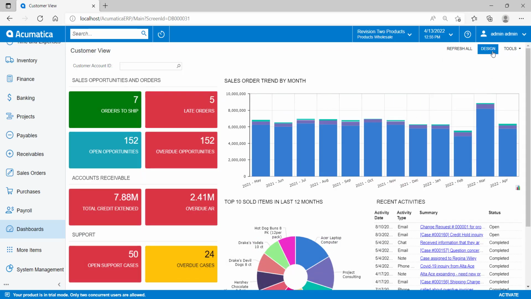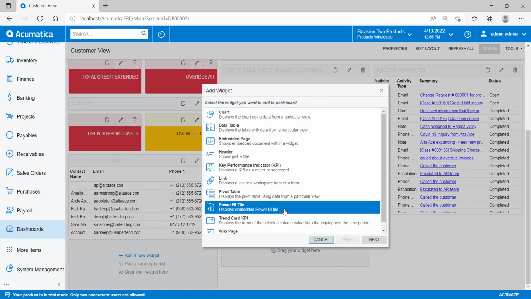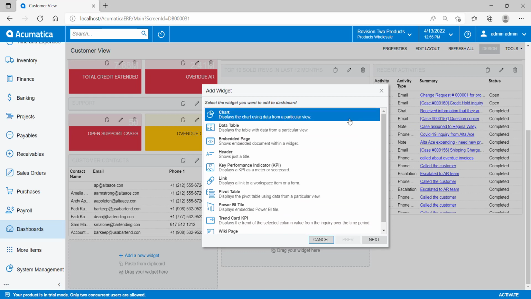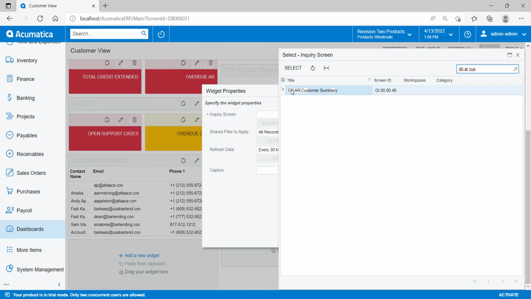Let's go and add a new widget to the bottom of our dashboard. Clicking on Add Widget gives me the option of adding 9 different widget types. In this example, I'm just going to pick a simple chart, but you can see all of the other options here. Let's say that I want to see a graph of all of my customers with an overdue balance of